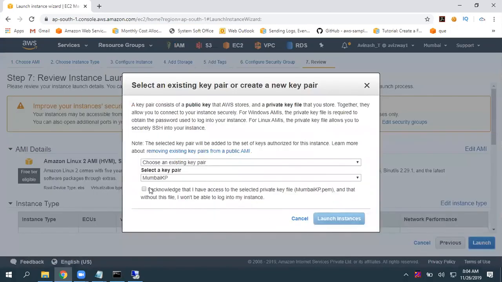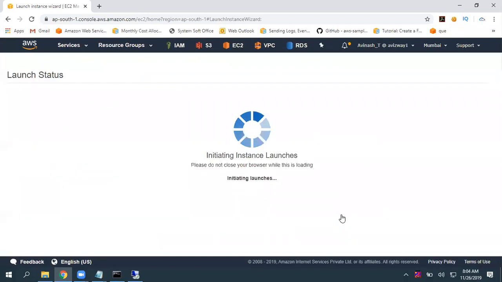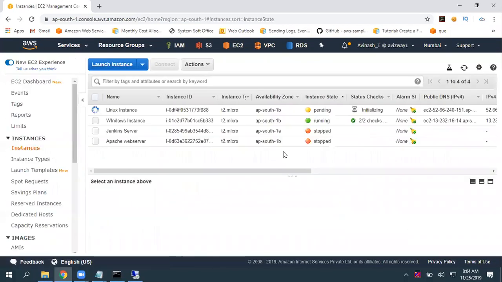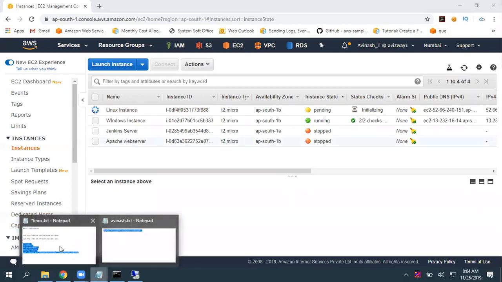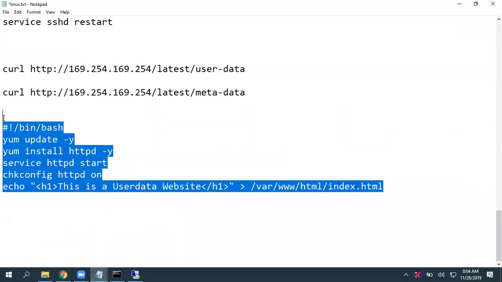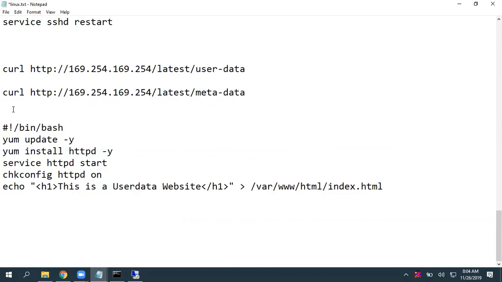Review and launch, using an existing key pair. Now I'm not going to connect to this EC2 instance. I'll just wait a minute or two for all those commands to execute. Then I'll directly test the output without logging in to my EC2 instance. And remember, throughout our course, I'm going to use the same. Nothing more than that. When coming to the Linux part, AWS level operations are almost the same for Windows as well as Linux. Okay.